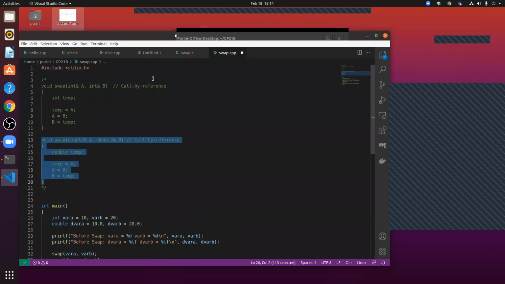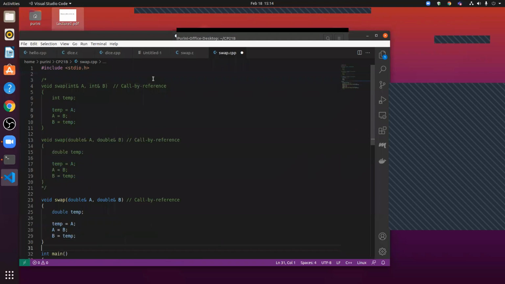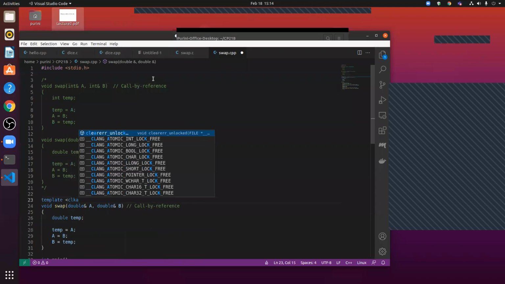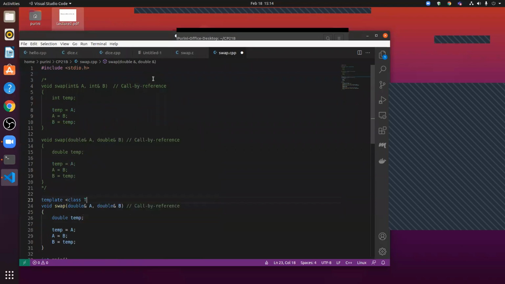Templates, or generics as they are called. So now comes the template. We say that we are working with a generic type called T, and that's it.